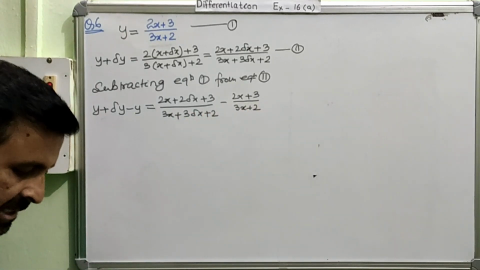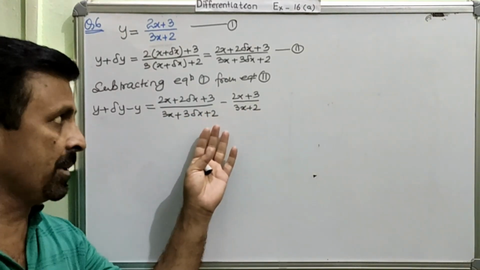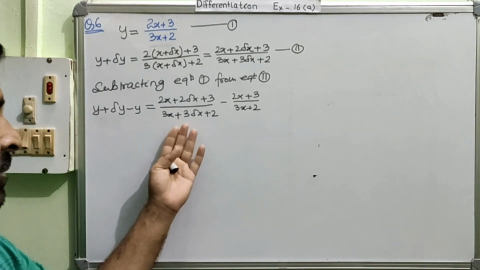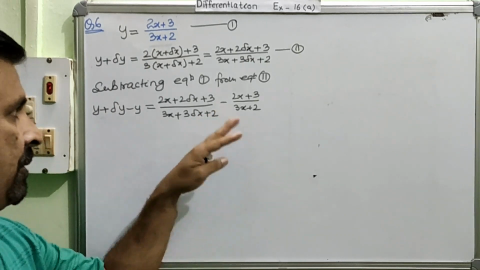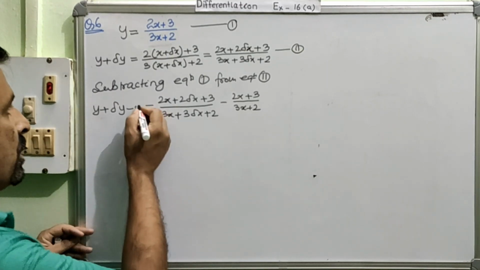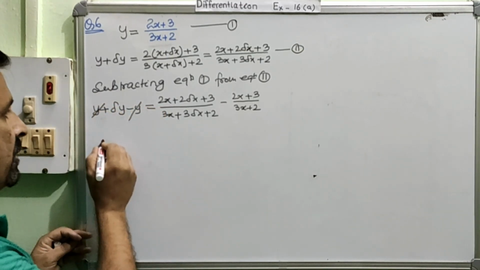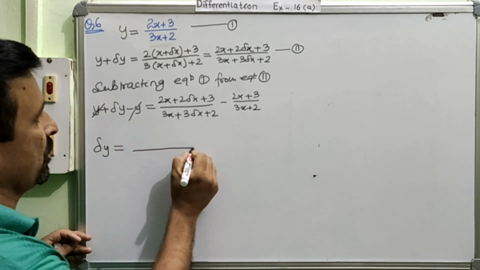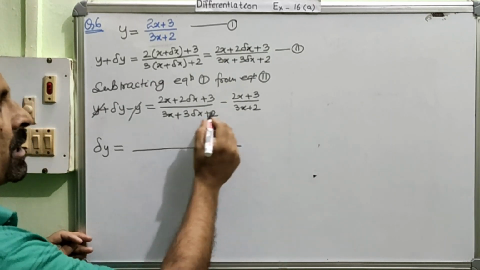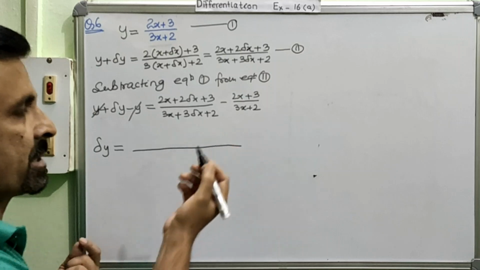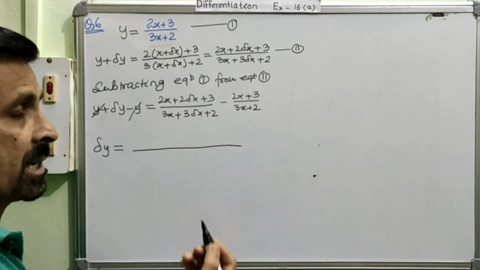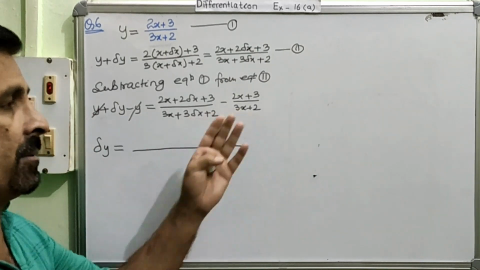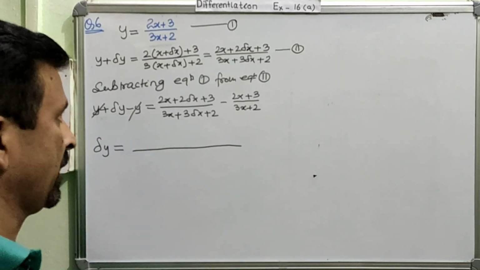Clear? Now after writing this step, you might have understood these are the two fraction numbers and they need to be simplified. You are very comfortable simplifying fractional numbers, right? What we do is we find the LCM and then after finding the LCM we find the numerator. So you already know the rules. This y minus y, this plus y cancel. This is delta y is equal to, now the LCM of both will be just the product of these two, because we don't know what the common divisor is. The numbers are as such. Therefore, when you have difficulty finding the common divisor of the two numbers, you can just go for multiplication directly to find the LCM.